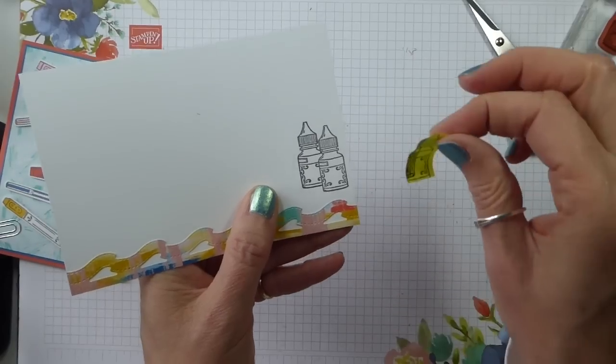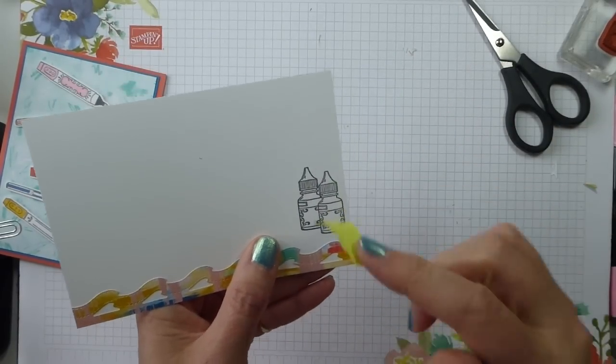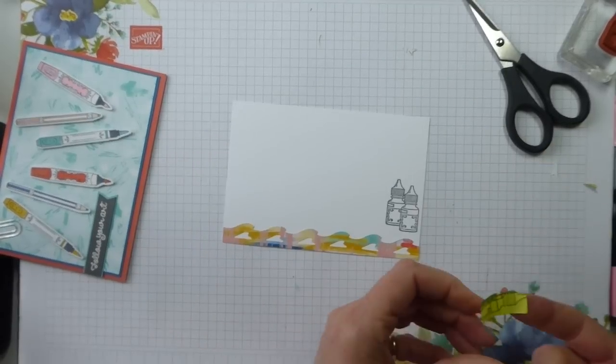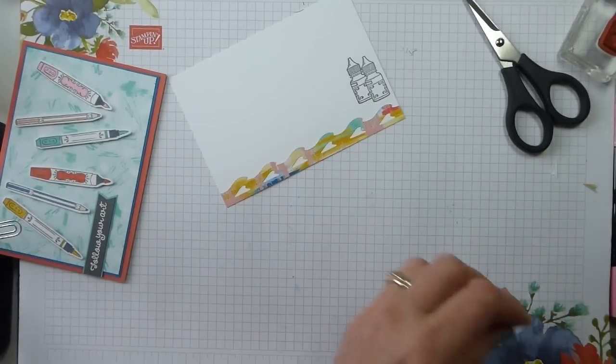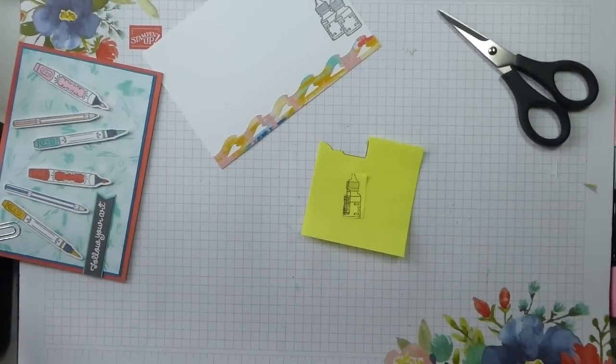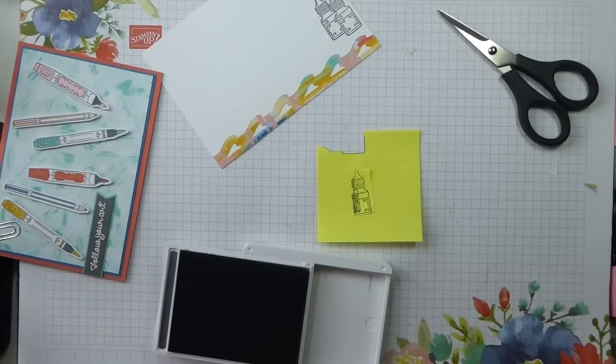And that's because I left, in effect, a tiny little gap between the mask and the edge of the stamped image. What do I mean by that? Let's see if I can... right, so let's pop that there. And bring back my ink. So, if I stamp